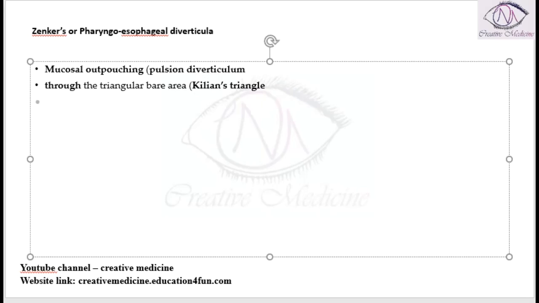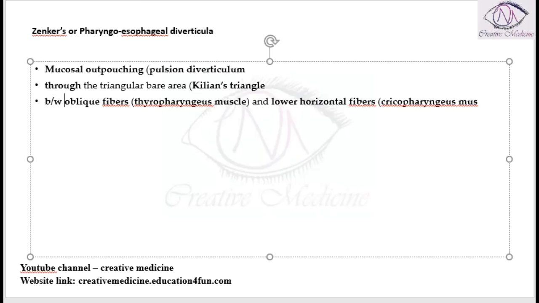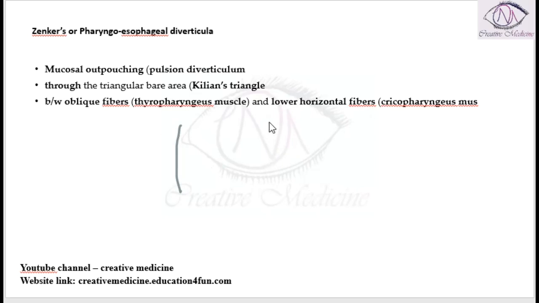Where is this Killian's triangle? It is present between the horizontal fibers of the cricopharyngeus below and the oblique fibers of the thyropharyngeus above. So if this is the esophagus posteriorly, okay, here